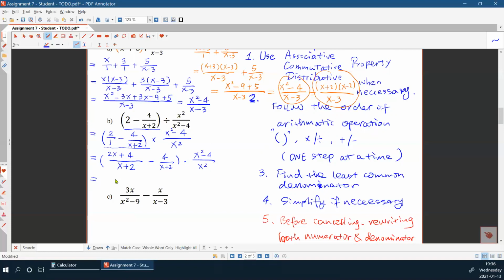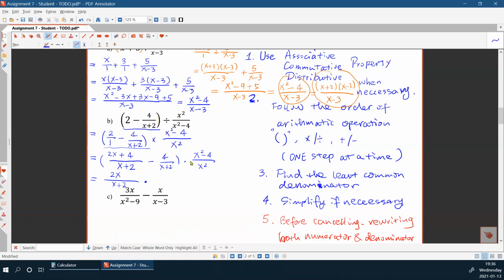Okay, next, the first two terms can be added together to 2x plus 4 minus 4. Plus 4 minus 4 cancels with each other because 4 minus 4 is 0, right? So what's left in the first part of the expression is 2x over x plus 2, right? So the second part,